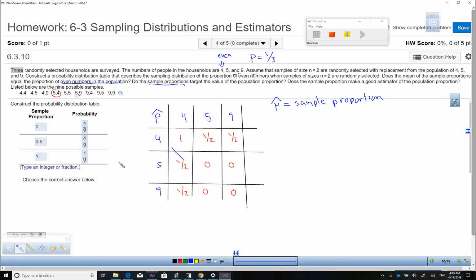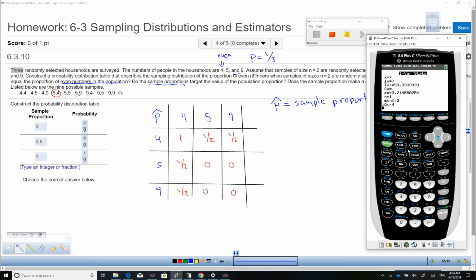Okay, and then if you want to find the mean of the sample proportions, well, you can find it with the calculator. Simple. Let's go to Stat. Let's go to Edit. Let me clear these two columns. I'll show you how to clear that. You move to the top, highlight this L1 and press clear. Do not press delete. Press clear. That's the one you want to press. And go to the right, press clear, and then type